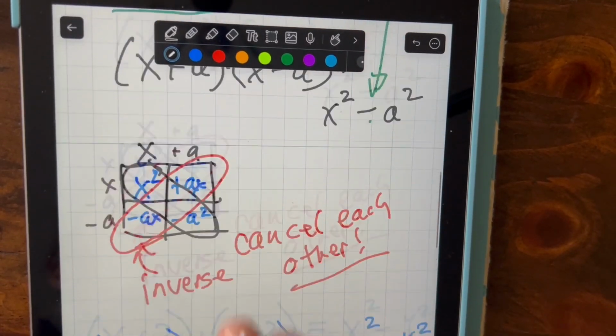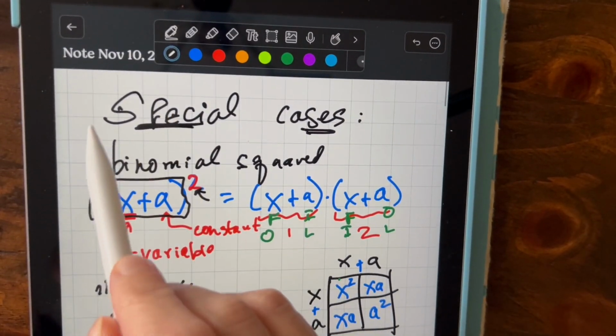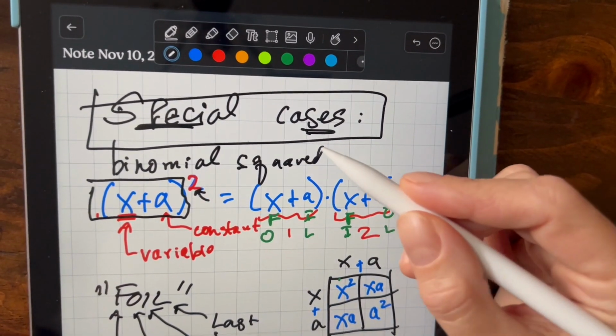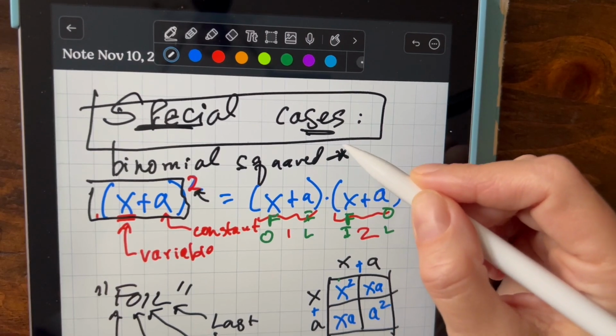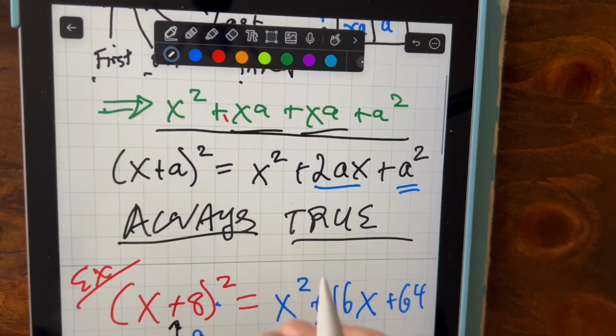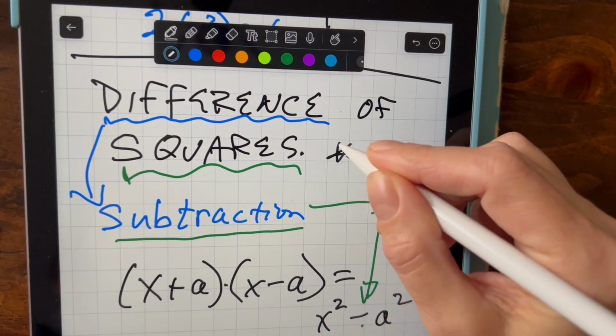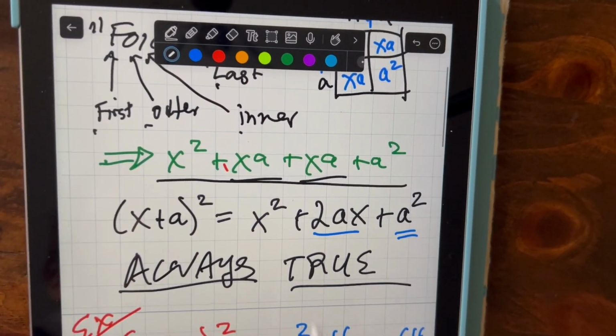So, special cases are very helpful. We have the binomial squared, and we have the difference of squares, and they are both